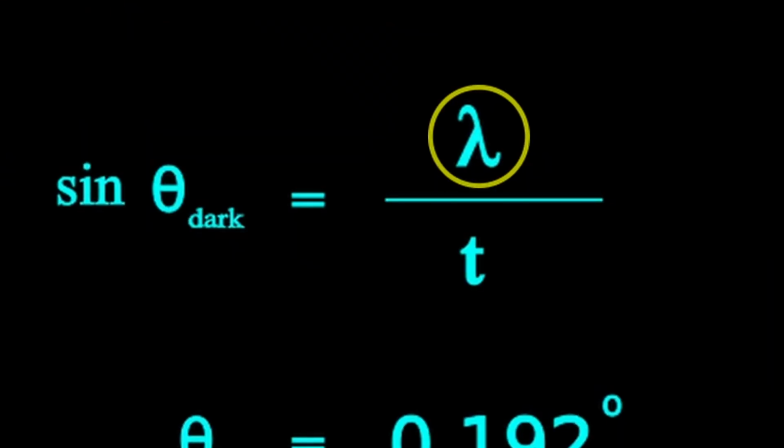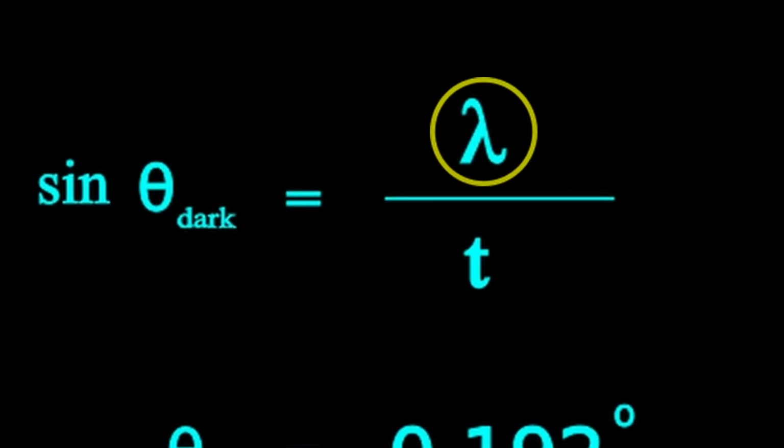This thin wire is located at a distance of 3 meters from the screen. Wavelength of green light is 550 nanometers, while that of red one is 650 nanometers. For green laser with smaller wavelength, first dark fringe will be nearer to the central maxima than the red laser. Theta is proportional to the wavelength as per the equation.